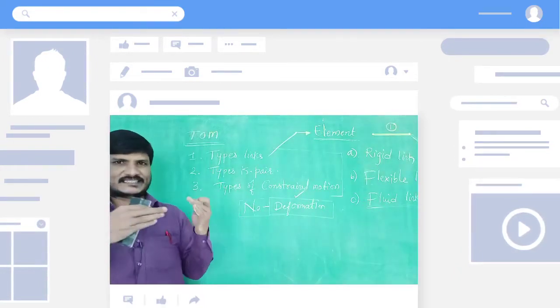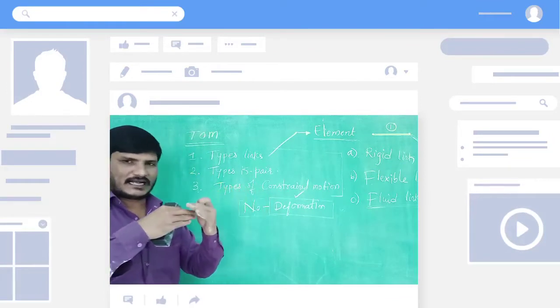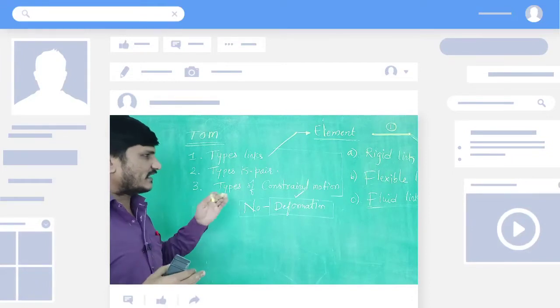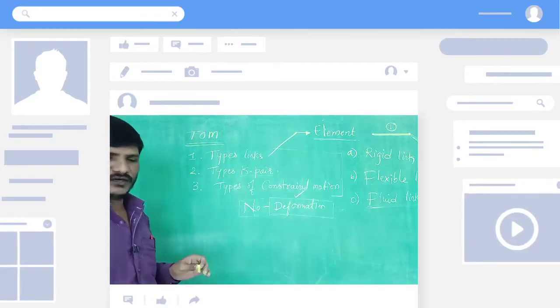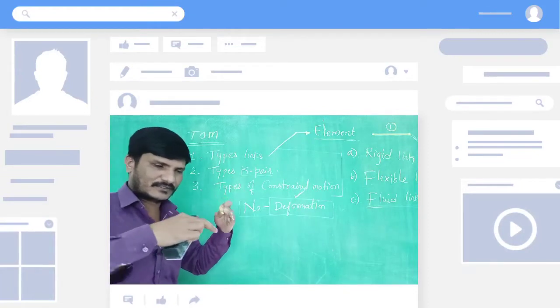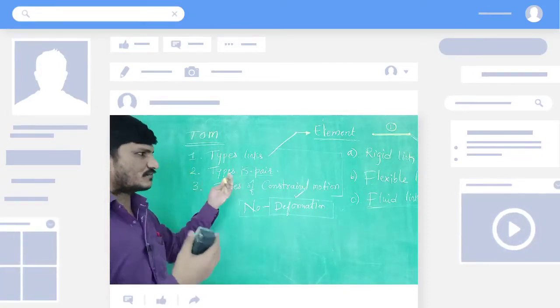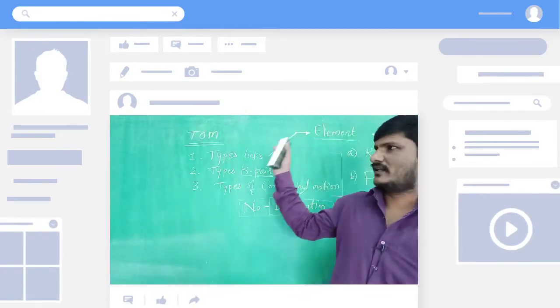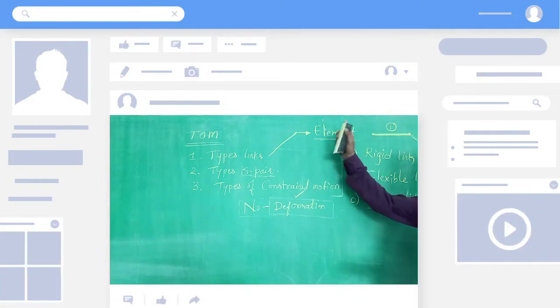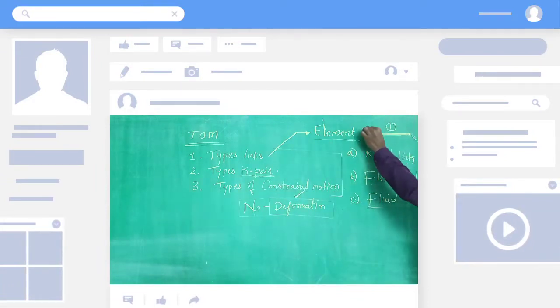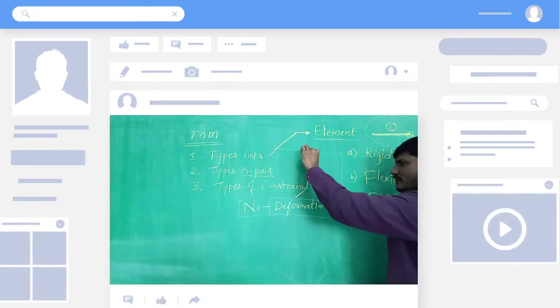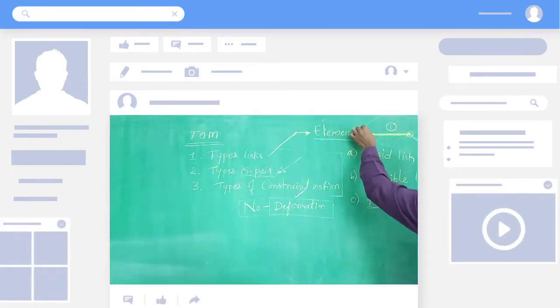So when two links are arranged or connected, when they are touching each other, then it forms a pair. One link is in contact with another link, then it forms a kinematic pair, or you can say it is a combination of links. A combination of links we call one pair. Now when two links are joined with the help of these joints, then we can say it forms a pair.